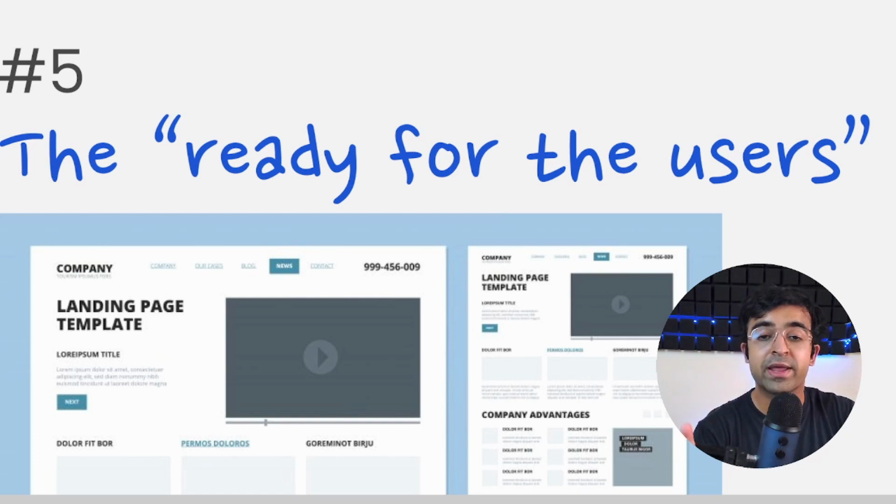So the fifth one is the final wireframe. After that, you're probably going to see it only if there are new features to be added or some new iterations to be made. Now that is the story of wireframes and how a wireframe goes from a little child to a complete adult where he is ready for the real world.